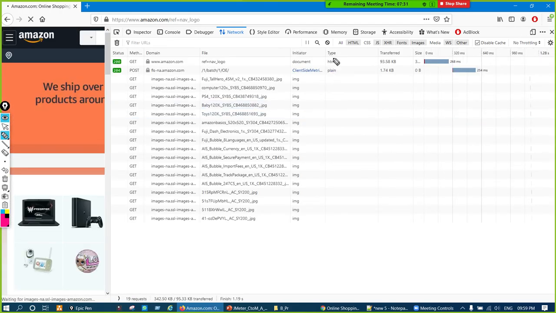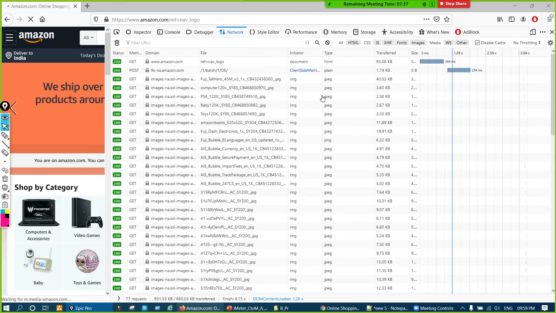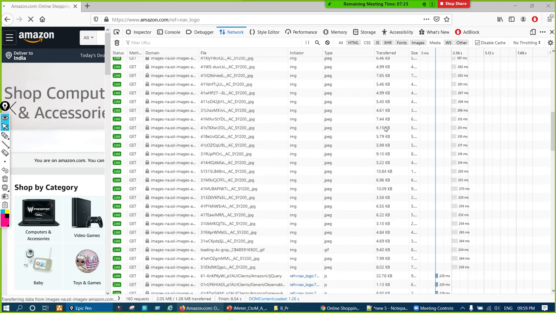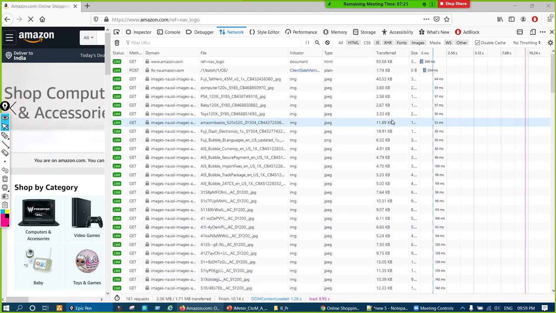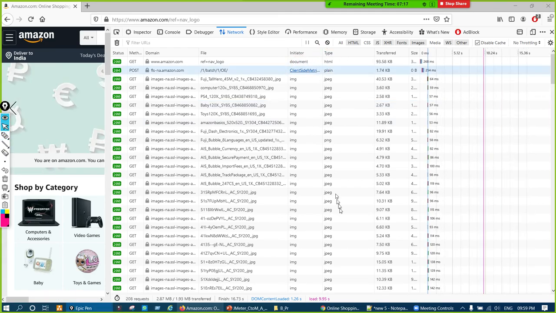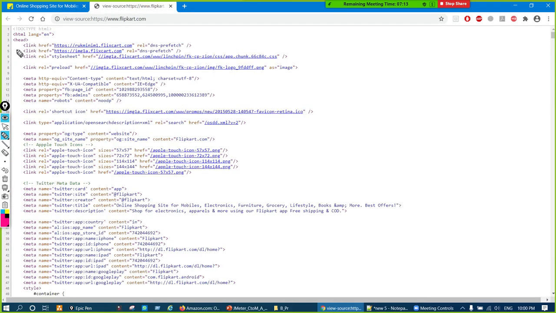Here, Document HTML request. So those requests are known as HTML requests, because their code will generally be in HTML only.